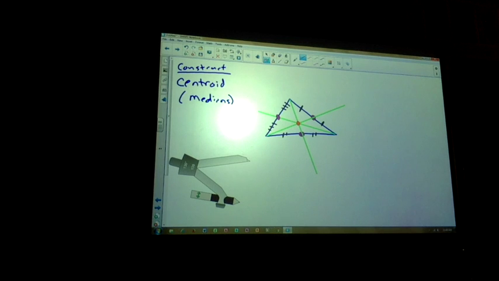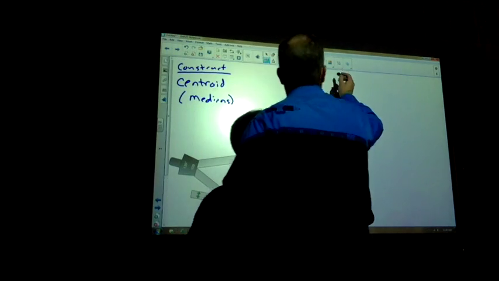Yeah. So the green lines are the medians? Yeah, green lines are the medians. Okay? Other things to know about this would be,